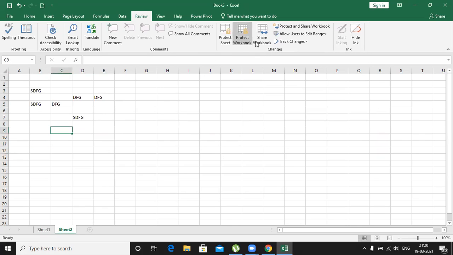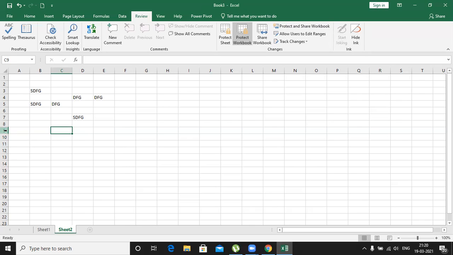But for protecting the workbook, you cannot insert the sheet at all. You cannot delete. You cannot remove. Okay. So these are the main advantages and also disadvantages.